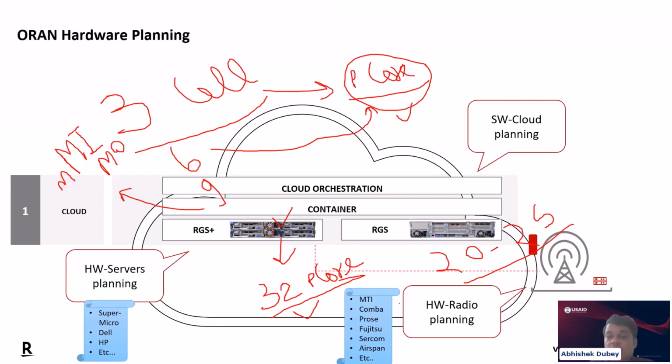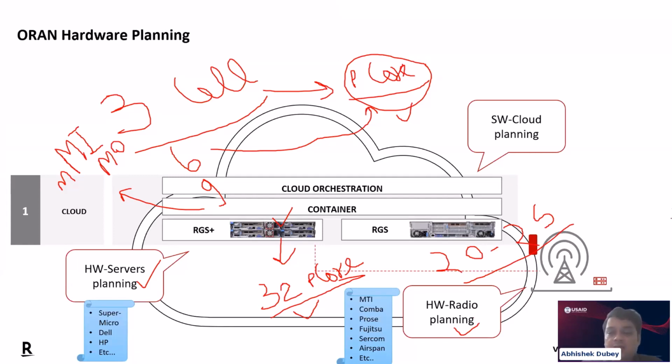Based on your frequency requirement, let's say the frequency requirement is band 8, or N78, which is a sub-6 frequency for 5G, you need to look at which vendor is providing those radios, and then you can select that vendor. So your server hardware requirement is fulfilled by taking care of the resources. Your radio hardware is done based on the frequency you have selected and the MIMO scheme requested